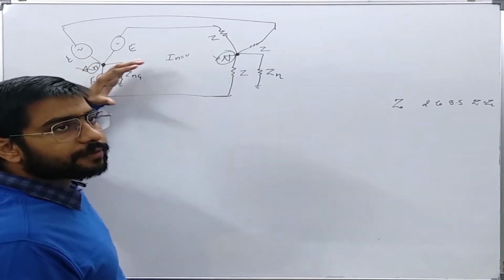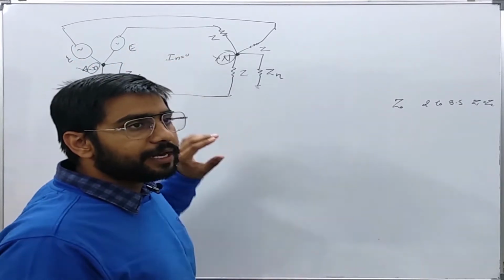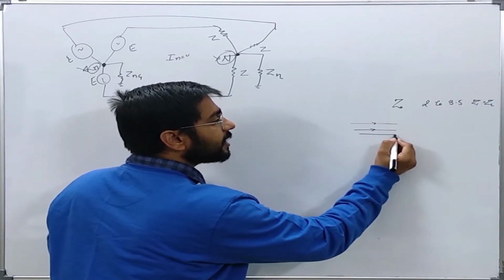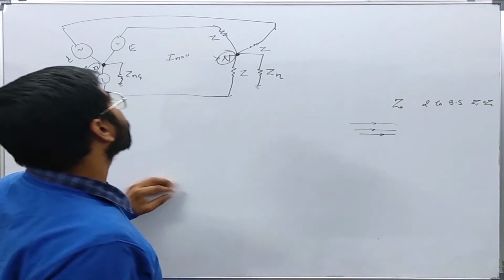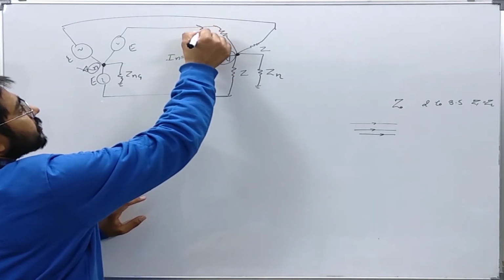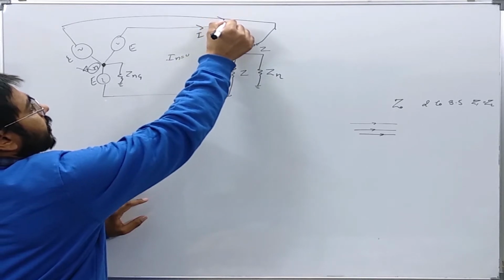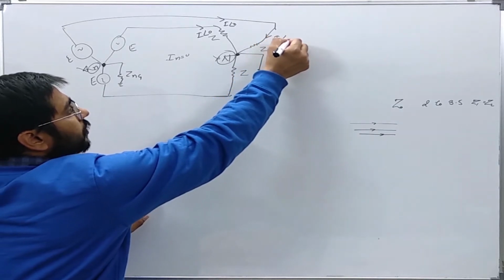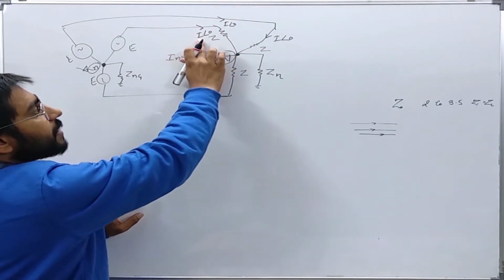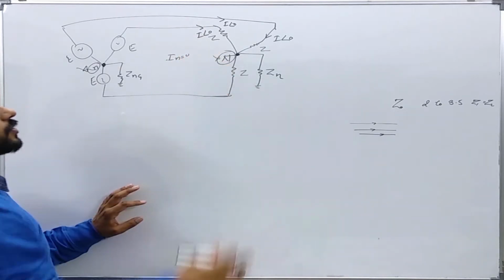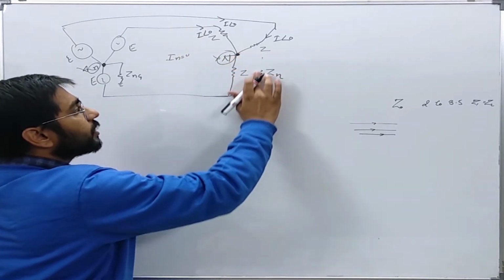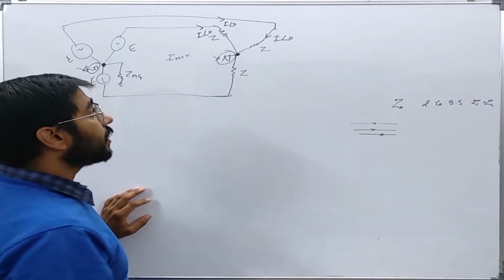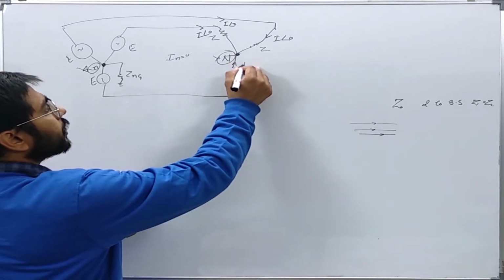Now if zero sequence current is flowing into the system, what does it mean? It means that all the currents have the same magnitude as well as the same phase. If this is current I, similarly this current is again I angle 0. I am just assuming angle 0. Now the currents are the same in magnitude as well as phase. So if there is no neutral point, let us say it is not closed, what will happen? According to KCL,